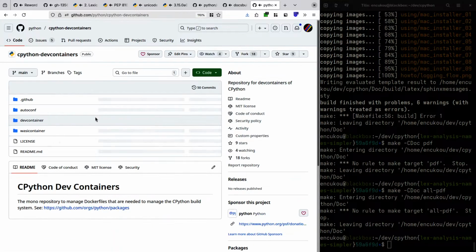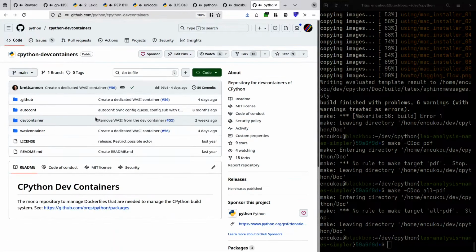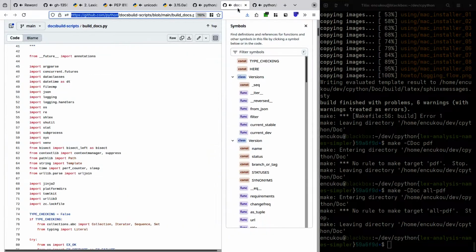CPython dev containers. Okay. Yeah. So eventually, you would put the Docker file in here. But yeah, if you build a container and make it take the built HTML documentation and spit out PDF, that would be great. Which would be better overall? Not in terms of for me to develop, but which would be easier to implement for the core dev team? Probably the container. Okay. I know Docker, so I'm partial to that as well.